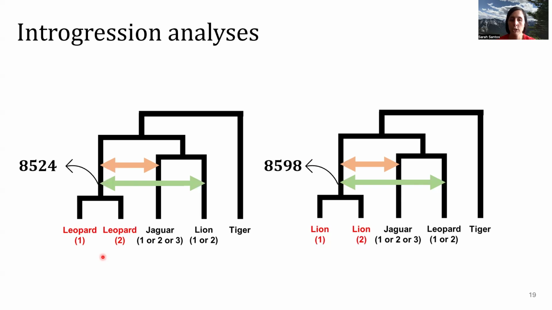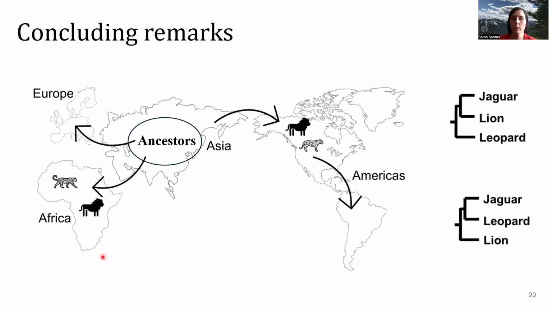The only thing here is that we cannot distinguish between these 2 trees. We cannot identify which one of them is the true speciation history, but we know for a fact that the topology that we thought was the species tree, so lions and leopards, is not the true speciation history. And so just to sum up what those results represent here is